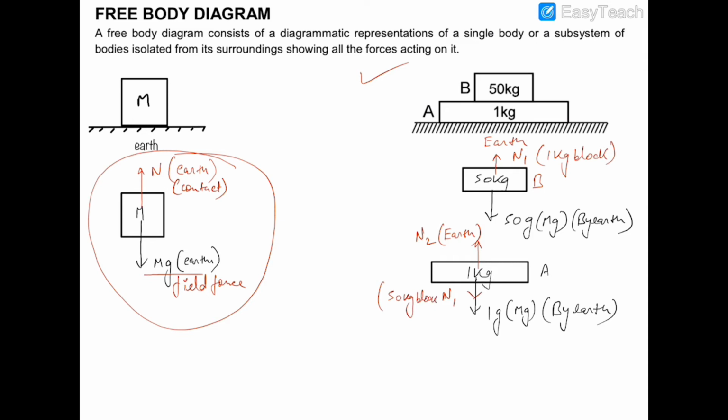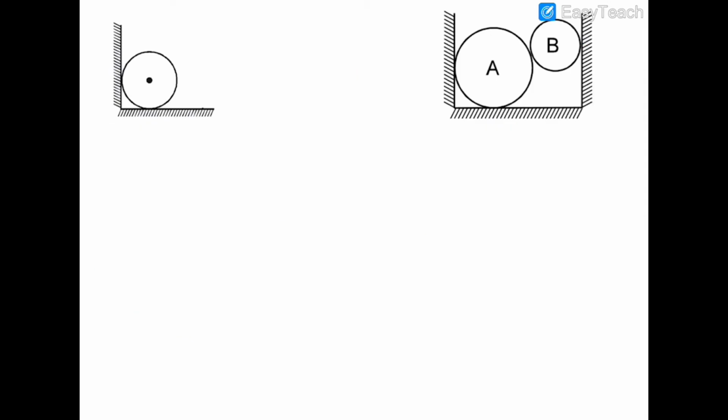Okay, so this is the free body diagram of block A. Now I hope you have learned something from these illustrations, and I'm taking another one here in the diagram. In this situation I can see that there is a ball in the first case, this one. There is a ball which is being kept as shown in the figure, and no other external force is being applied on the ball. So if you draw a free body diagram of this ball,